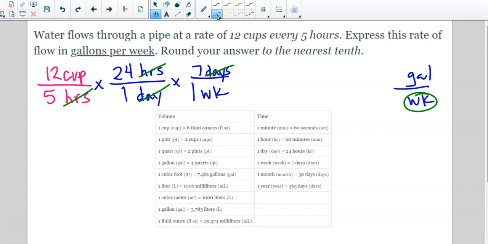What do I see? I see cups. Anything else with cups? This is cups. Alright, so I have cups to ounces or cups to pints. Well, let's see what I know about gallons on this chart. I have gallons in quarts. I have gallons in liters. Gotta find a way to get them to be in the same